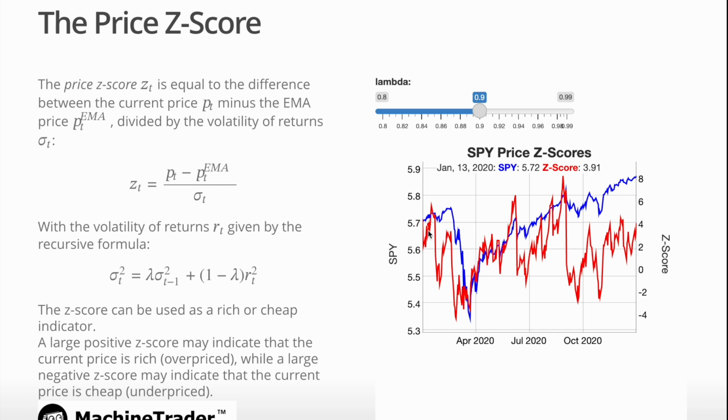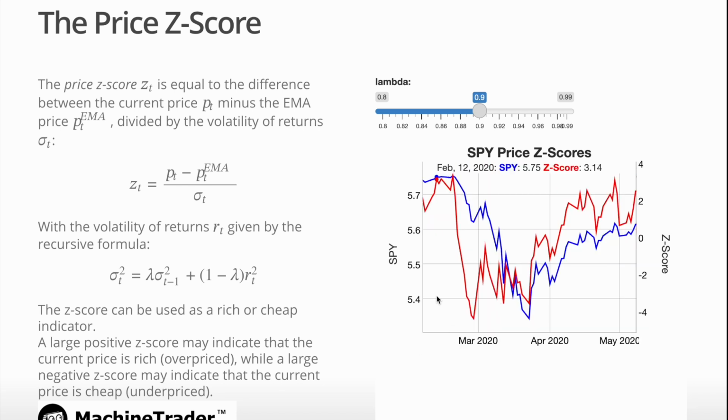And again, we're looking at the blue line, which are SPY prices in 2020. And the red line are the z-scores, the price z-scores. And the price z-scores have a separate axis on the right. On the left axis are the SPY prices. These are the log SPY prices, to be exact. So if we zoom in